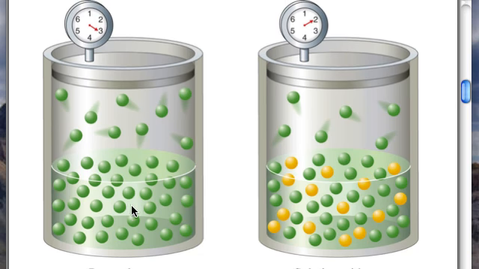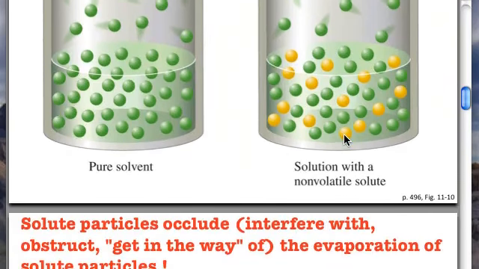In the left-hand chamber I have pure solvent and I have a certain vapor pressure. Call it water if you want. These are the gaseous molecules in liquid. But over here I see they've cartooned in some sugar or some other solute that sort of gets in the way. We call it a non-volatile solute that doesn't evaporate itself very easily. Most usually a solid, could be a liquid, as long as it doesn't evaporate and get in the way much up in the airspace. But here I count 6 cartoon particles. Over here I had 2, 4, 6, 8, 9 or so. So the pressure up over the pure solvent is larger than the pressure of the solution, and that's always true.